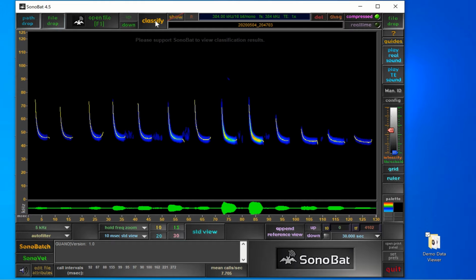So when we hit the classify button, the first thing you'll see are these yellow lines that have been overlaid over the individual calls, and these are what are known as trend lines, and these trend lines are the lines along which SonoBat makes all its automatic measurements. On the UK version, the sequence classification will be shown at the top in this part of the window here. If we now go to the show button,